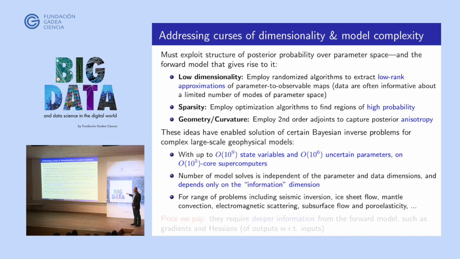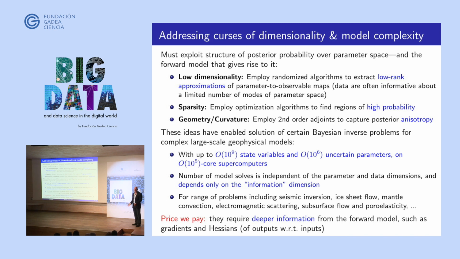Now, you can prove this for simple problems, simple elliptic and parabolic and hyperbolic problems, in all cases I know about, linear in the state and nonlinear in the coupling between state and parameter. But numerically, we can observe it, and I'll show you some numbers. We can observe it for all these other cases, that there is a rapid decay in the spectrum of the Hessian, which makes a lot of this exploitation possible.